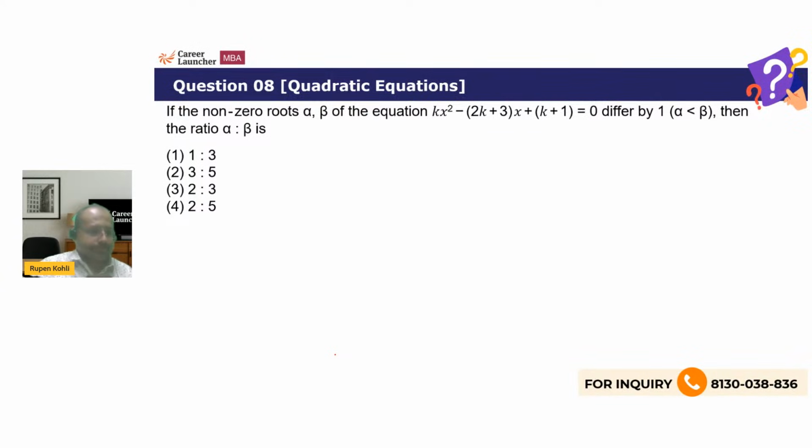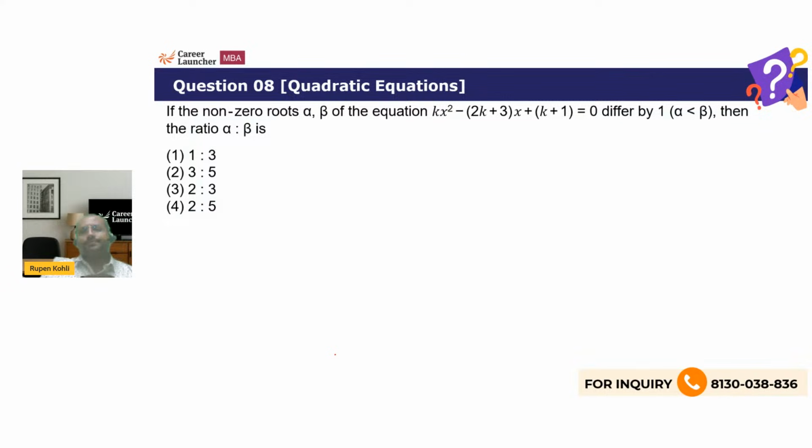Quadratic. Okay, quadratic, all of us know this. How to do quadratic? If the non-zero roots alpha, beta of the equation, you can see the coefficients are in terms of k, so coefficients are unknown: kx squared minus (2k plus 3) into x plus k plus 1 equals 0,